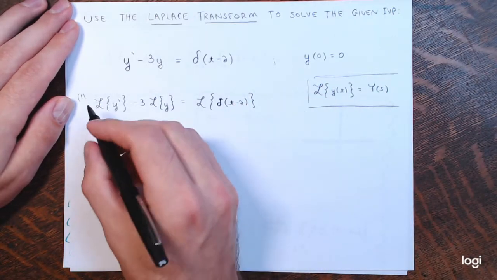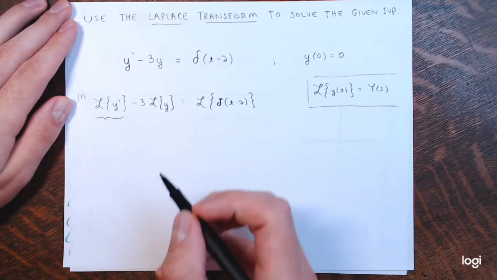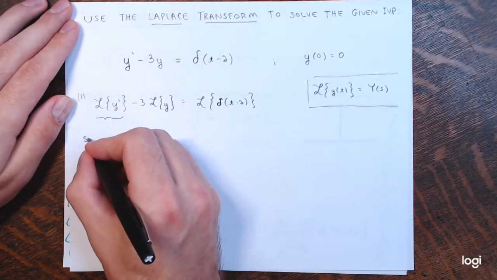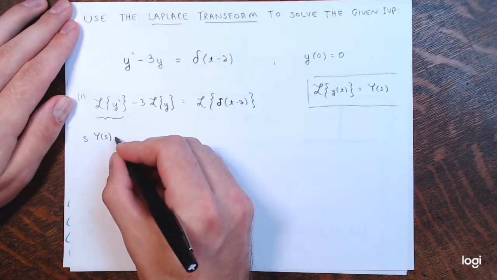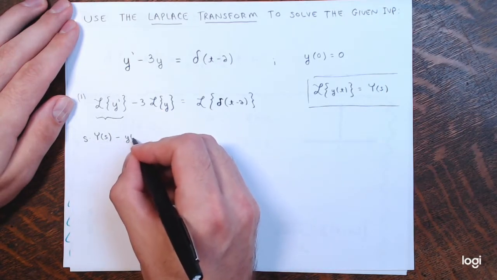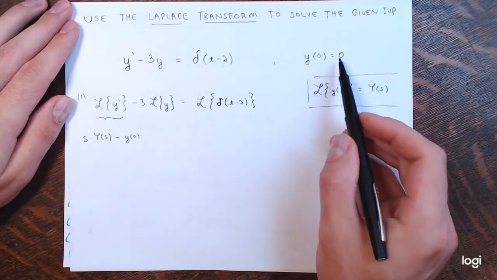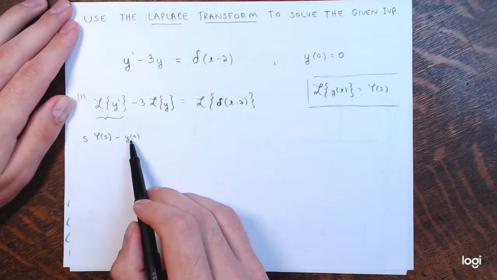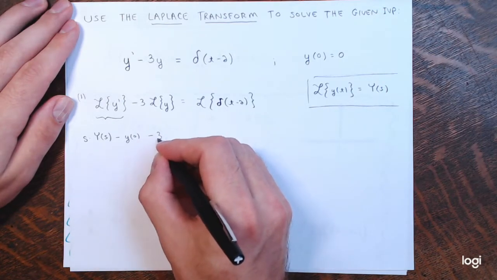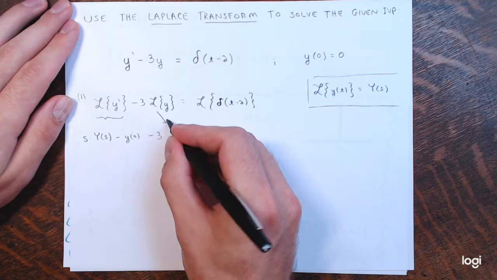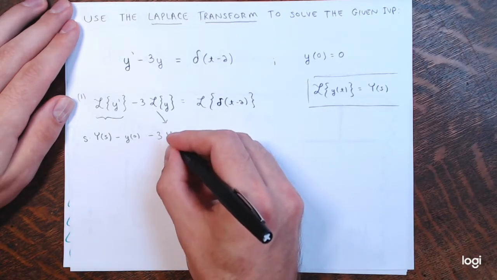Alright, so over here, remember the Laplace transform of y prime was s times the Laplace transform of y, so s times Y of s, minus the value of y at 0, which is given in our initial conditions to be 0, so I'm not going to write that in the next line. Then we have minus 3 times the Laplace transform of y, which we're calling capital Y of s,